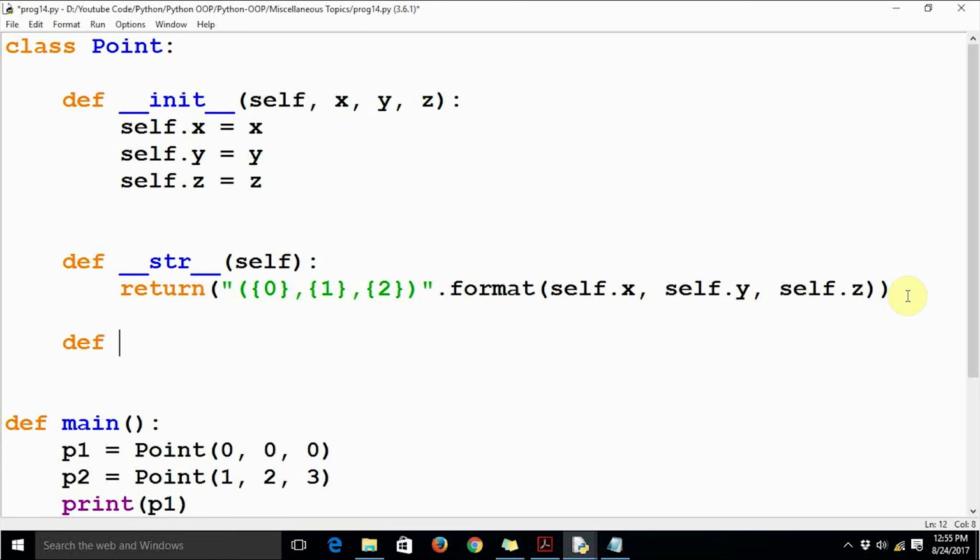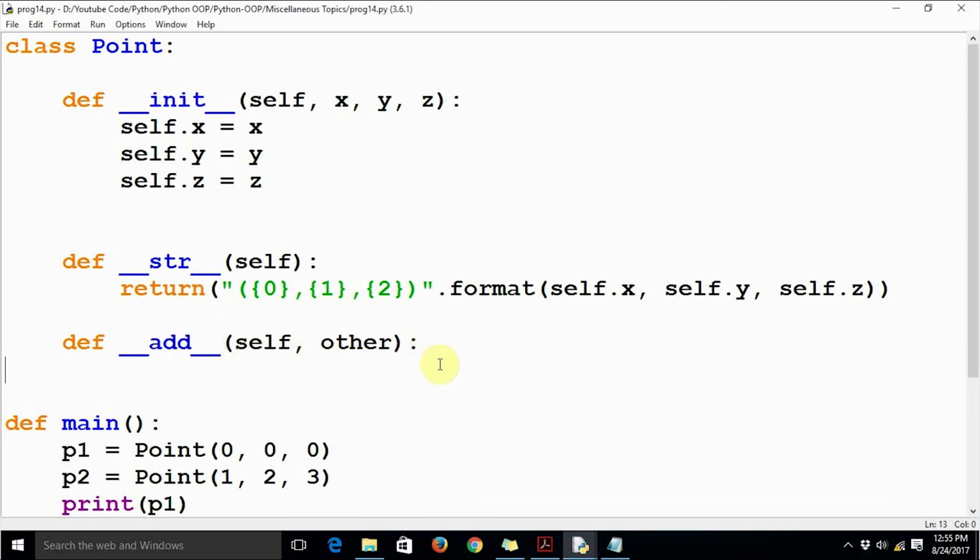So def __add__(self, other). Now let me tell you something. Whenever you want to overload the plus operator, you have to define a custom method, and the name of that method has to be __add__.